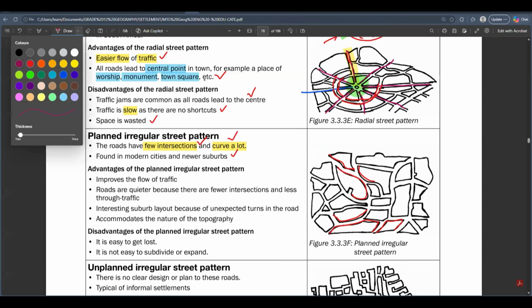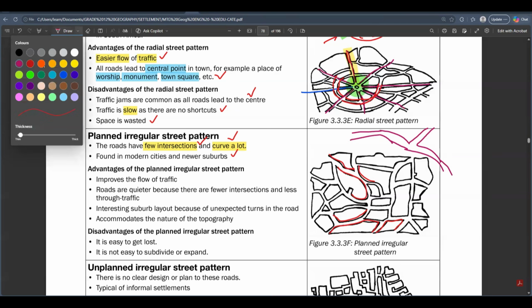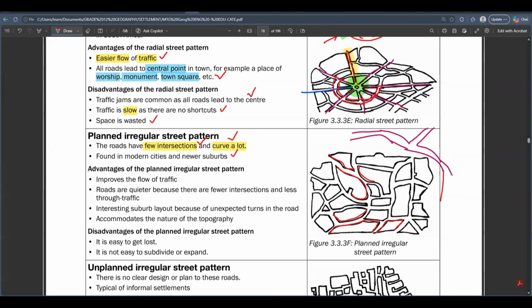So you're going to find that one street does not look straight. The street looks like this, and then it comes and curves. It has got curves. And then it meets one other street that is going in that direction, and then it curves as well. There are fewer intersections though, between the roads. But you find out that one road is not that much straight. The streets are curvy. They keep on curving. It does not have a straight pattern.